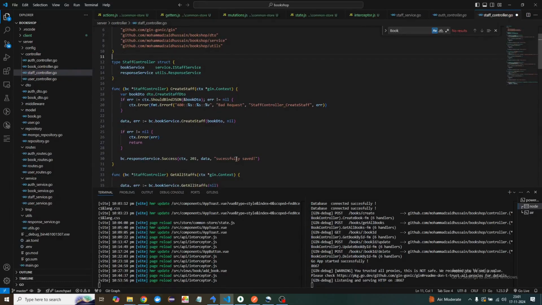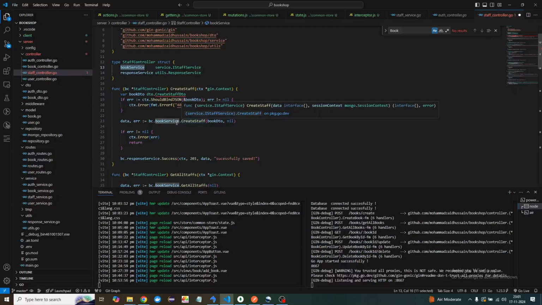That's very simple, right? But then here we don't need book service. What we need here is... even if book service is there, then why are we able to create a staff on the book service? That should not be possible. That means,